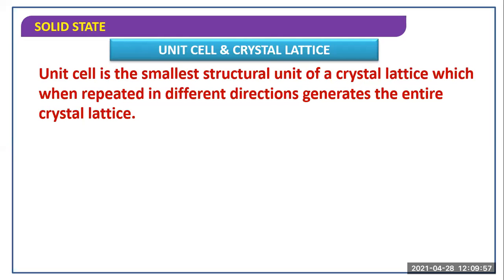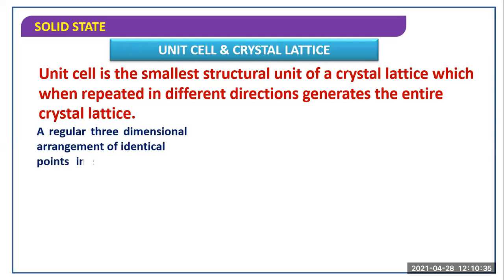এবারে crystal lattice or unit cell আমরা যাকে বলবো, যে crystal যেটা তার smallest part, that's mean unit cell is the smallest structural unit of crystal lattice which when repeated in different directions generate the entire crystal lattice. Or আমরা এভাবে বলতে পারি unit cell is the smallest part of the crystal which contains whole property of the crystal. Okay, অর্থাৎ smallest part যার মধ্যে পুরো ক্রিস্টালের প্রপার্টিটা থাকবে.